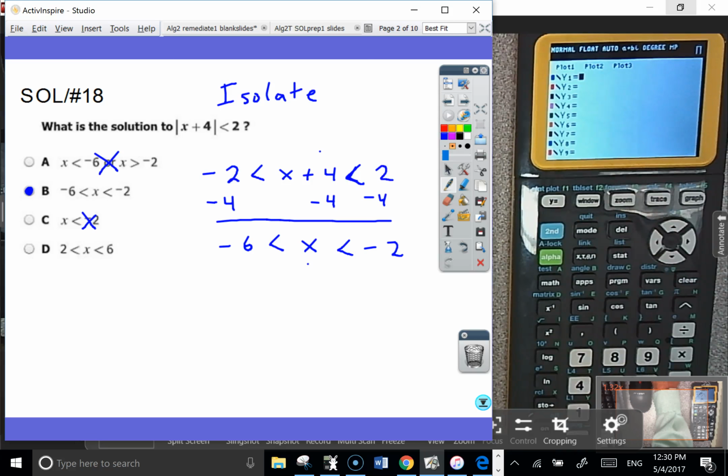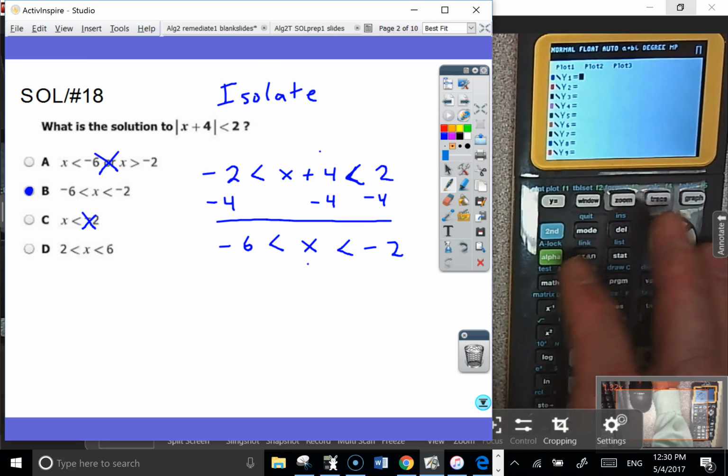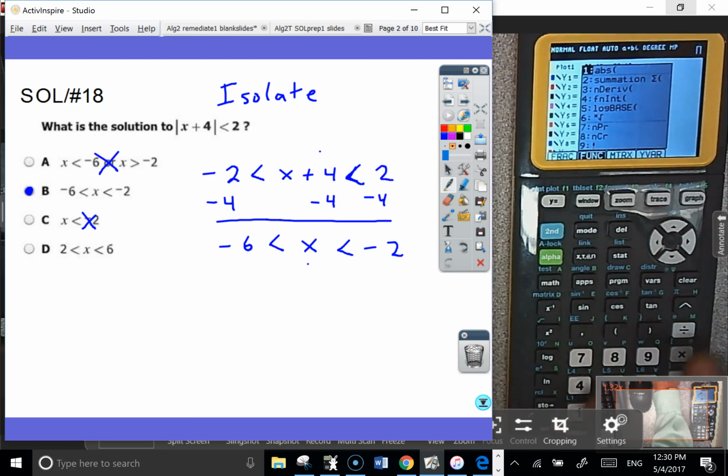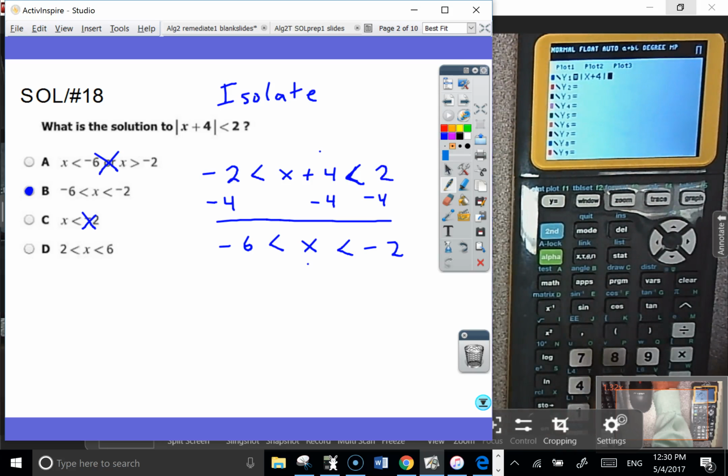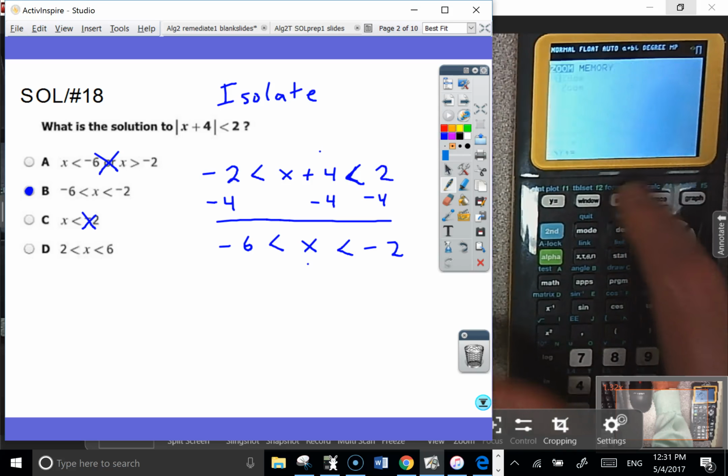Okay, so if I want to put in this absolute value inequality here, first I've got to bring up absolute value. Where is that? Alpha window is one way to get it, right? And then I'm going to put my x plus 4. And then I need to pull the less than symbol. You know where the inequality symbols are? Second math. And then pick out your inequality symbol. We want a less than, and that looks like number 5. And then I need the 2. Okay. Now, when I graph this, zoom 6,